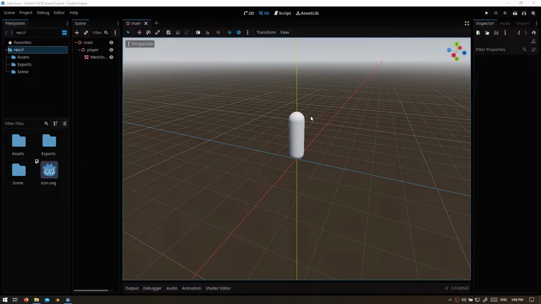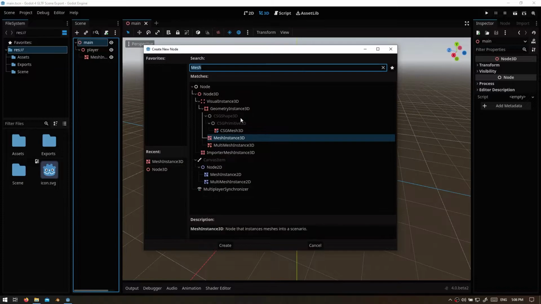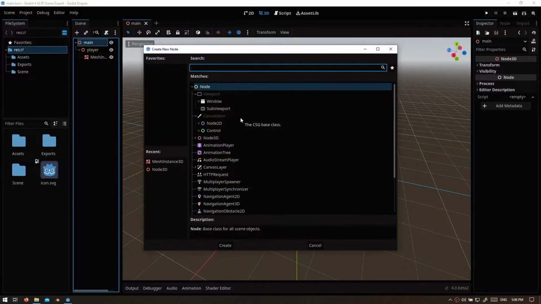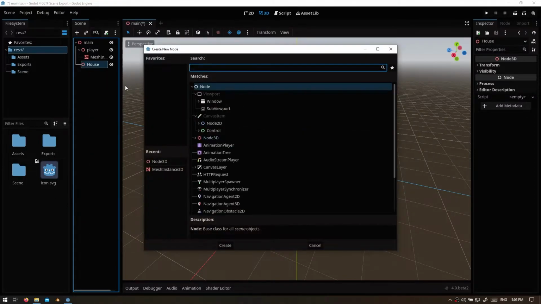So in order for me to demonstrate how you can export a GLTF as a scene from Godot into Blender, let's create a simple house scene. So I'm going to add a child node, and this time will be a node 3D, and that will be our node for the house. So I'm gonna rename this to house,